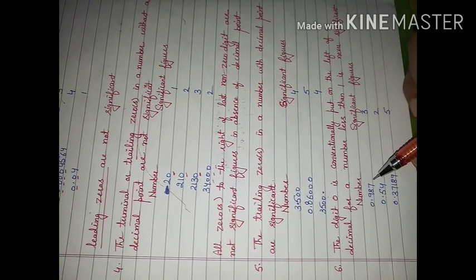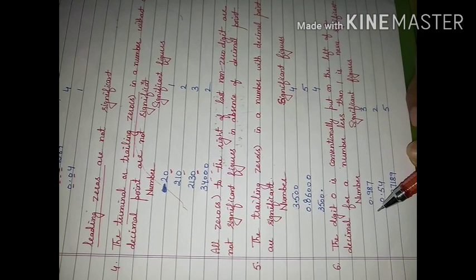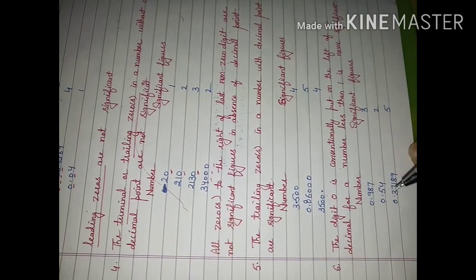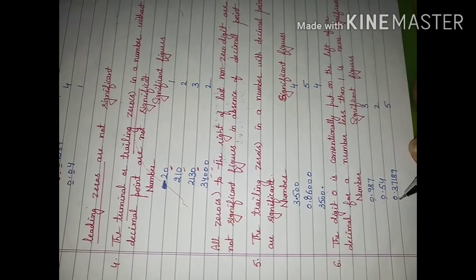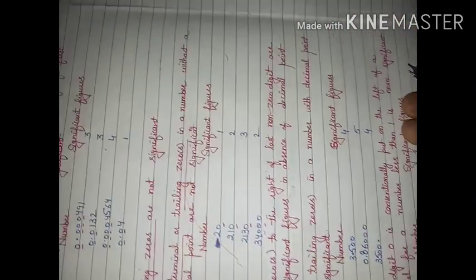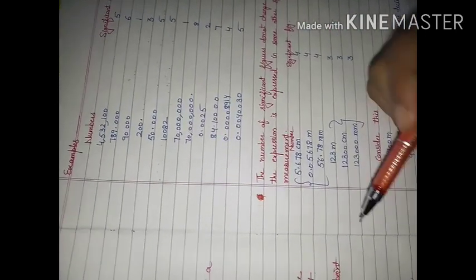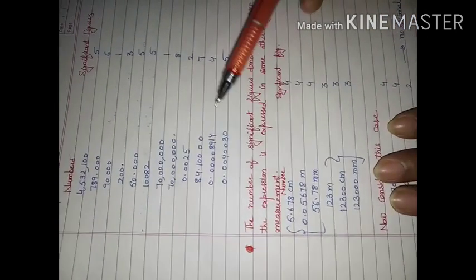Now this I have already told you, about the 0 digit. If your number is less than 1, then this 0 digit, which is conventionally written on the left side of the decimal, is never considered to be significant. Always we will consider this to be an insignificant digit. Now let us practice these rules with these examples.